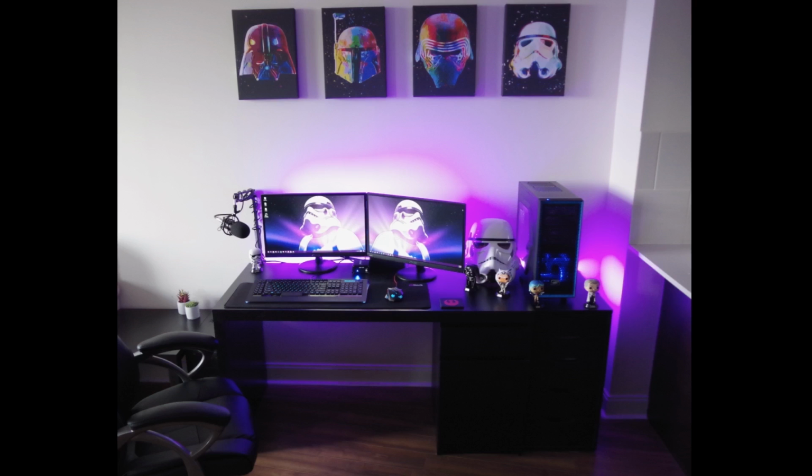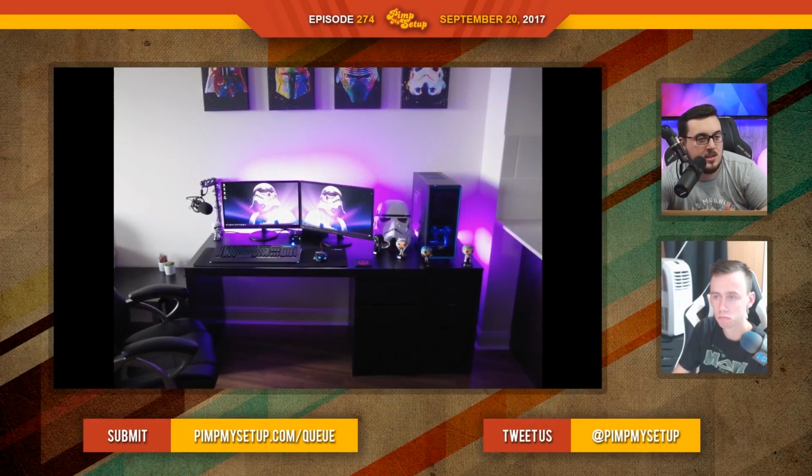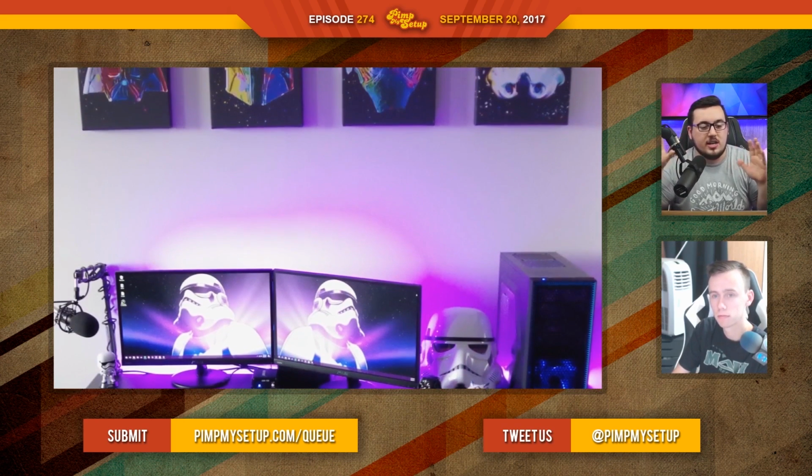You could put the shelf below that, or vice versa. I mean, really, it's up to you depending on what you put on the shelves. One thing that I will say is pretty awesome, and I've seen it before, you get a baseball display case. Pop vinyls fit perfectly in there, and you could literally put that right below all of the artwork, and it will look sick. You just fill it up with all Star Wars pop vinyls, and it will look...